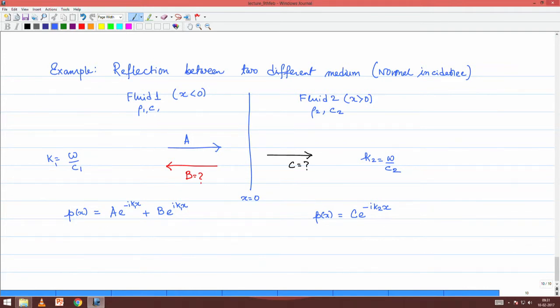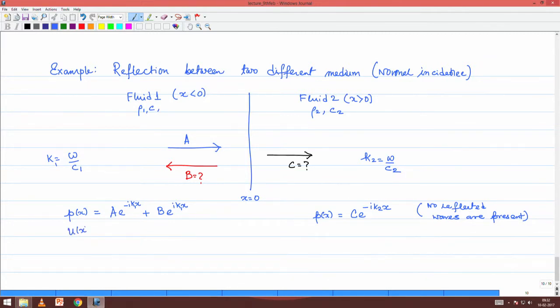Okay, so if this is P x, the reason why we did not account for a backward travelling wave in the region of fluid 2 is because we are not expecting any reflection in the region of fluid 2. There is no interface, it is extending up to infinity. So therefore, nothing comes back, there is only an incident wave. So, no reflected waves are present, and since there is no reflection, there cannot be the other component of this solution.